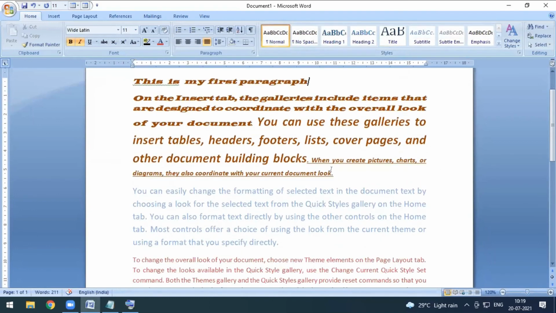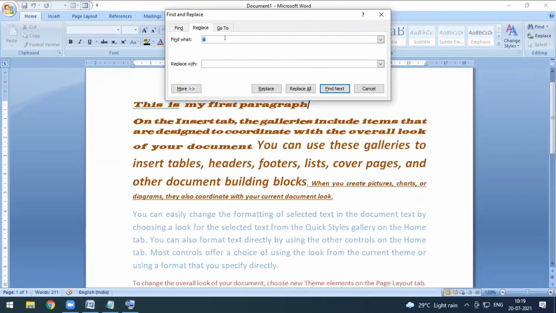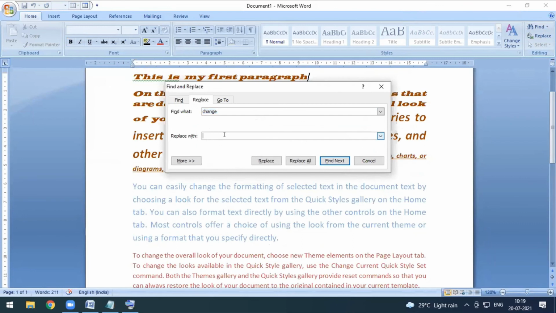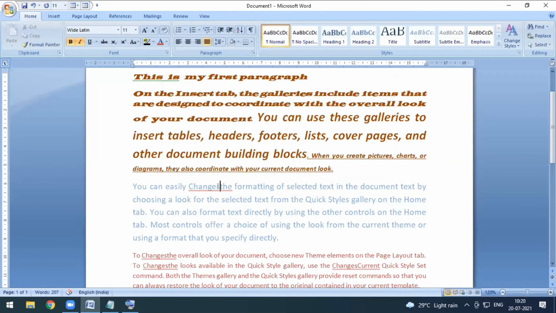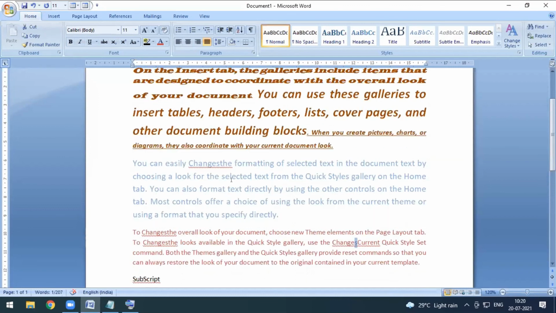Now again I want to replace some word. So what I can do, find "change". Now it will start finding change for me. Change over here, change over here, change over here. We have four change available. Now I want to change this word to "changes". There will be options replace, replace all, find next. I want replace all. Now in the place of change, we have right now "changes": s over here, s over here, s over here, and s over here. So all these places of change now have changes.